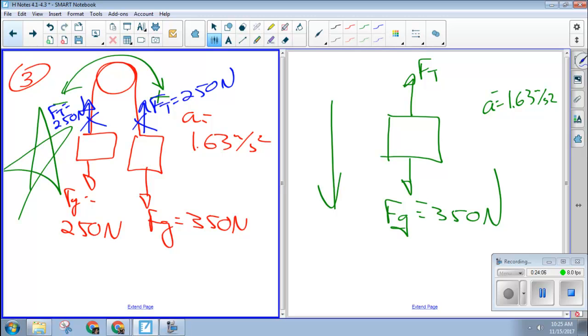Unless the problem specifically says to do it. Like last year on an honors test, I wrote, calculate the tension, and then the next question said, find another way to find the tension and check your answer. Okay? All right, everybody good? Okay, so